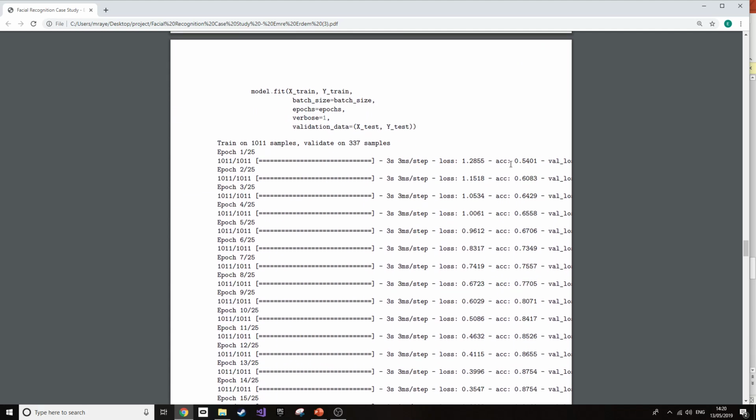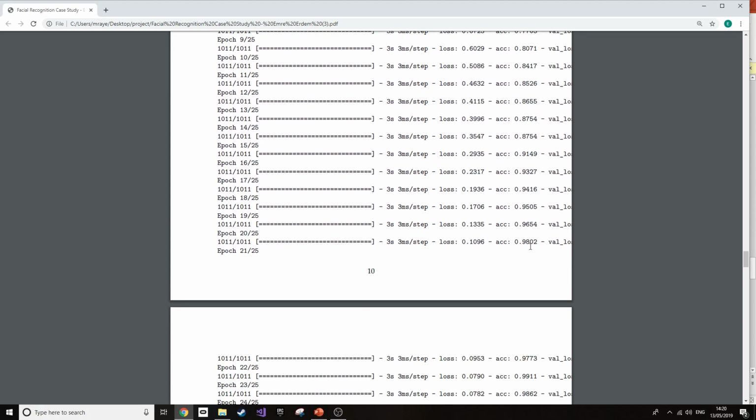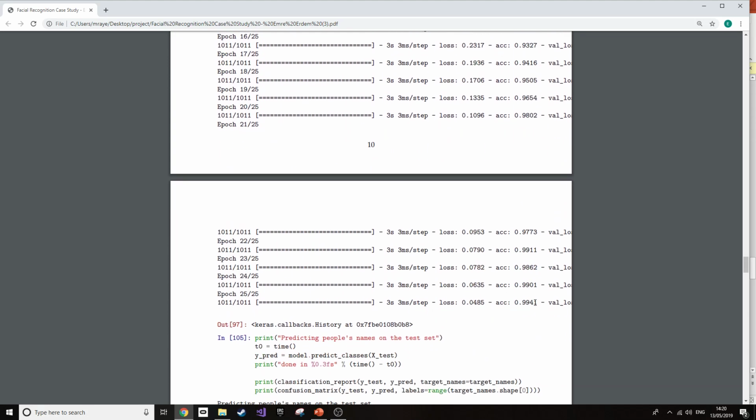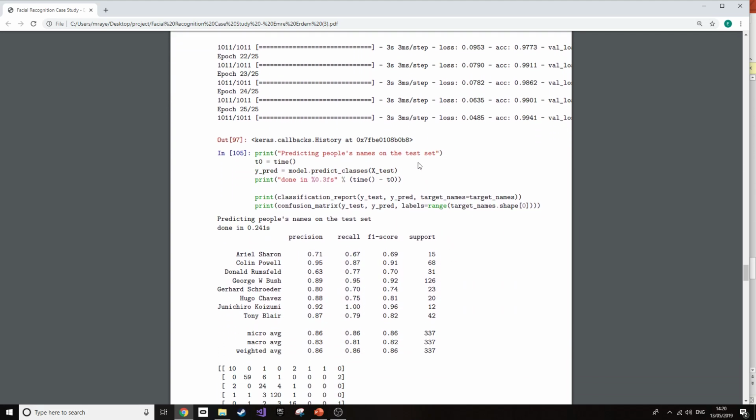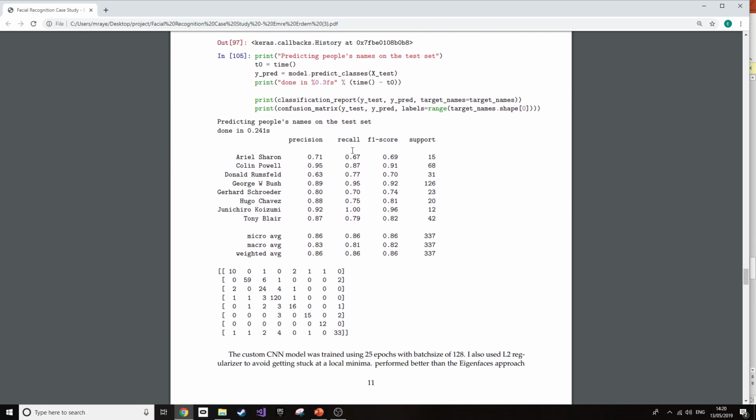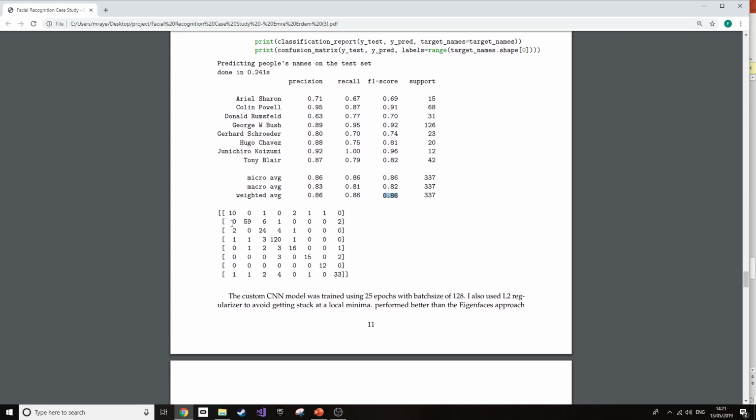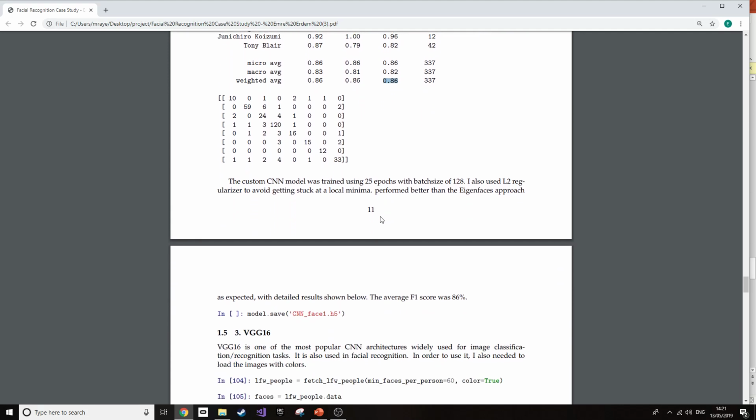This time, even in the first epoch it started with 54% accuracy, and then the training set accuracy was about 99%. For the test set, you can see here the more detailed results. The F1 average score happened to be 86%,